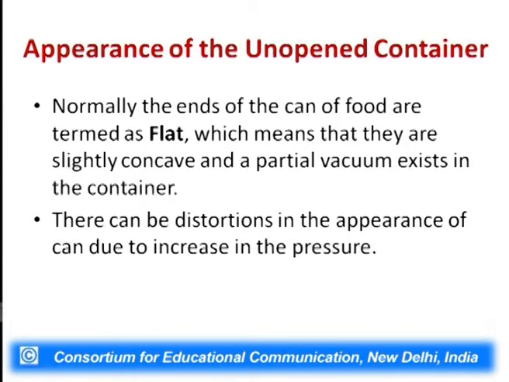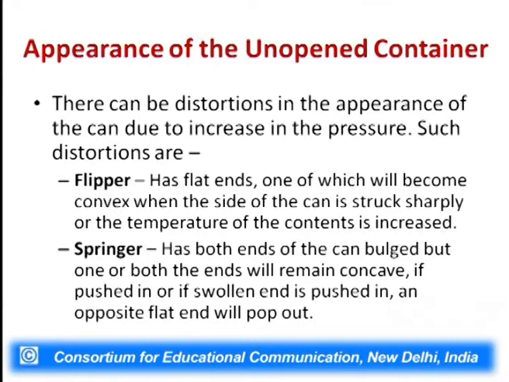Now, if we have a look at the appearance of the unopened container, normally the ends of the can of food are flat. They are termed as flat, which means that they are slightly concave and a partial vacuum exists in the container. Though we call it flat, it is partially concave with vacuum inside it. There can be distortions in the appearance of the can due to increase in the pressure. These distortions are